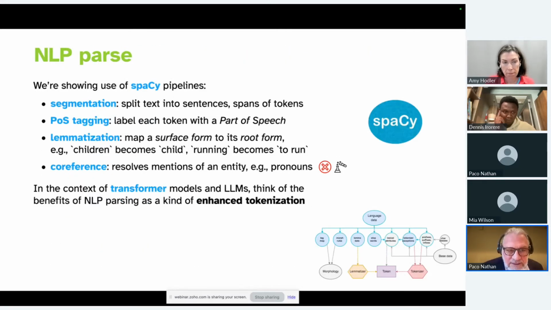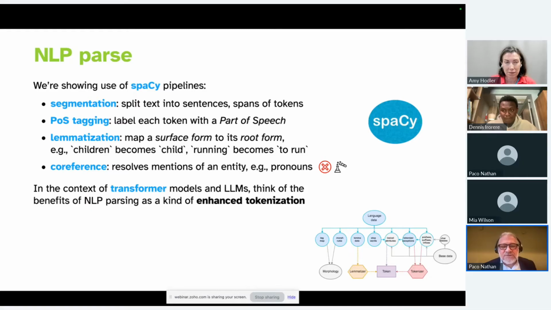The demos that I've got here are based off of spaCy pipelines. There are alternatives like Flair and Stanford CoreNLP and others that are popular, but I'm going to be showing a lot of work with spaCy. And inside of an NLP pipeline with spaCy, there's a few terms you probably want to get familiar with. One of them is segmentation, and that is where you take a text, you split it into sentences, and then you take a sentence and you split it into tokens. And so you end up with a document that's like this stream of tokens, but it could also be segmented into sentences, for instance. Another thing you see is what we call part of speech tagging.